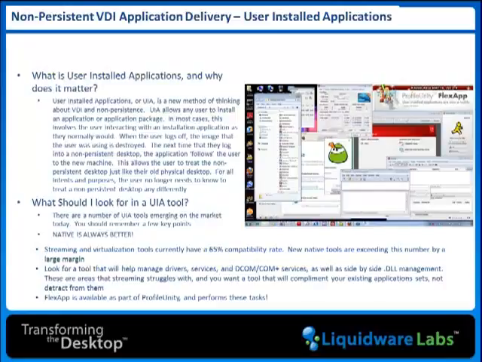Now, when the user logs off, the image that the user was using is destroyed. The next time they log on to a non-persistent desktop, the application follows the user to that new machine. This allows the user to treat the non-persistent desktop just like their old physical desktop. For all intents and purposes, the user no longer needs to know how to treat a non-persistent or persistent